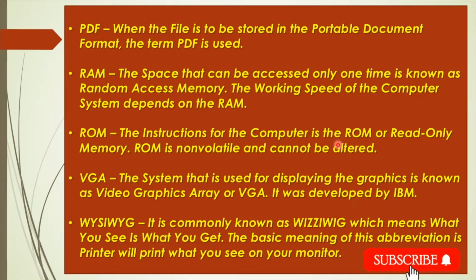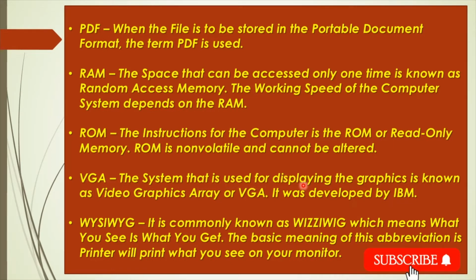And ROM, the instructions for the computer, is the ROM, or read only memory. ROM is non-volatile and cannot be altered. See, this ROM we cannot alter; it is fixed. Once the instructions for the computer are in ROM, or read-only memory, we cannot change it. Whereas here, if your computer is slow, then you can check your RAM